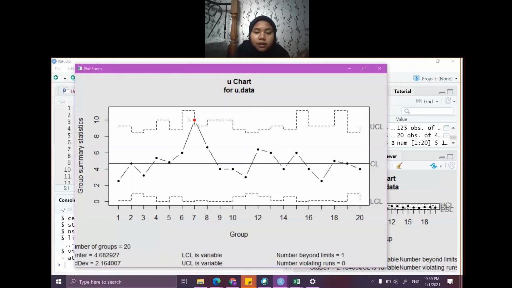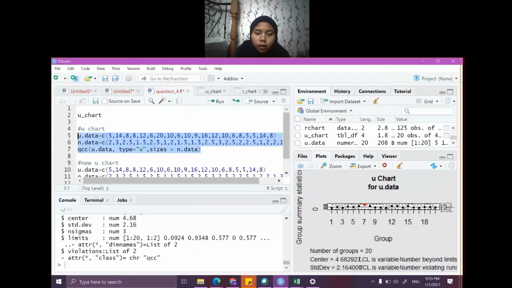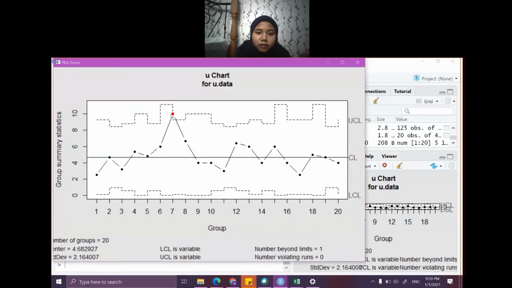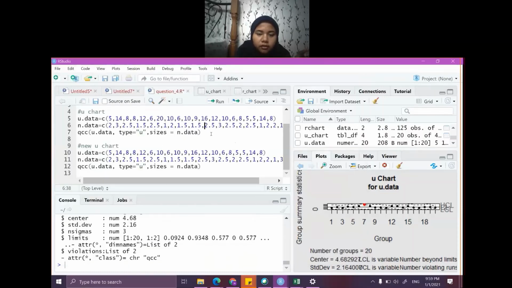the data is out of control, so we need to delete the data that is out of control. So I plot a new chart that is in control, so I delete. As you can see just now, the data that is out of control is sample 7, so I delete the data for the sample of 7,